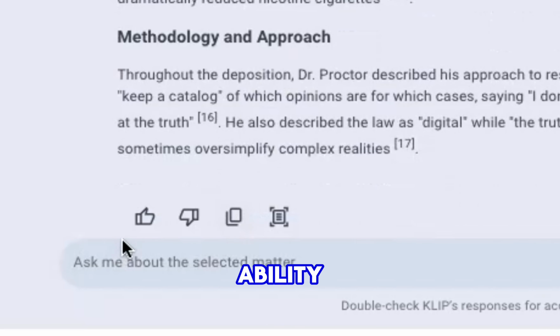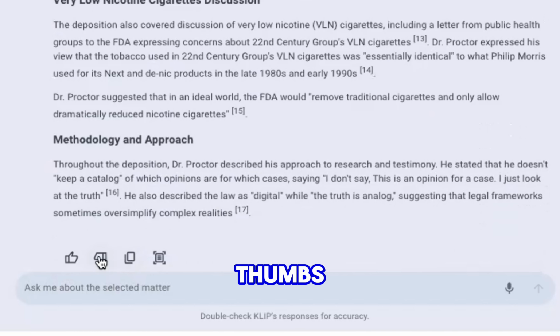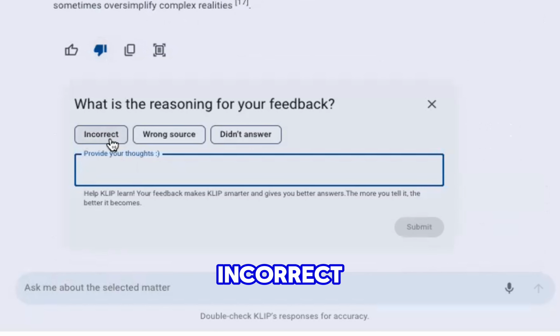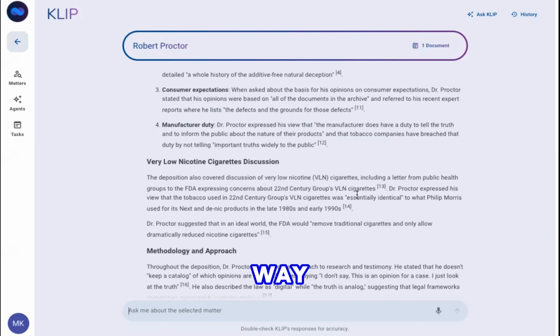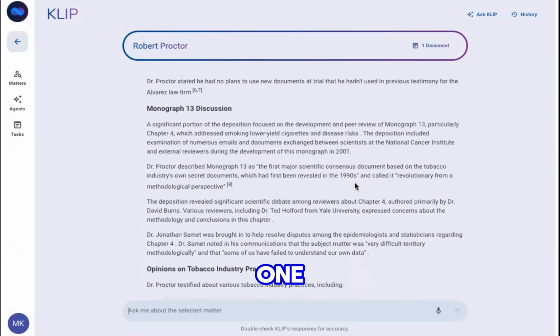You also have the ability to rate the response that KLIP provided by giving it a thumbs up if you liked it, specifying whether it was correct, grounded, or concise, and also providing your thoughts. Or you can give it a thumbs down, saying that it was incorrect, maybe the wrong sources were used, or it didn't answer it. You can also provide your thoughts here. So this was the first way of interacting and talking to KLIP, one document at a